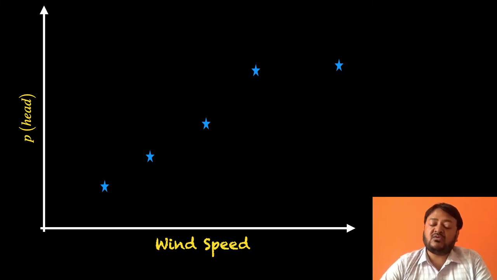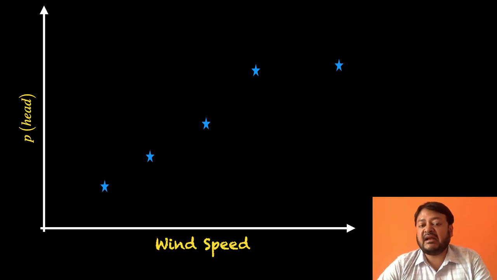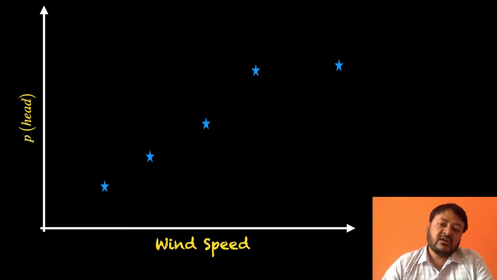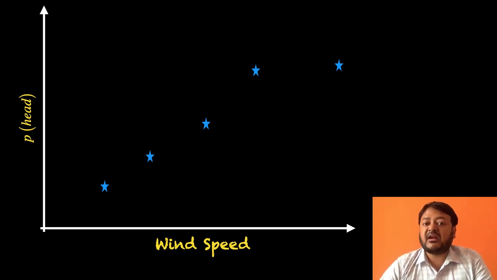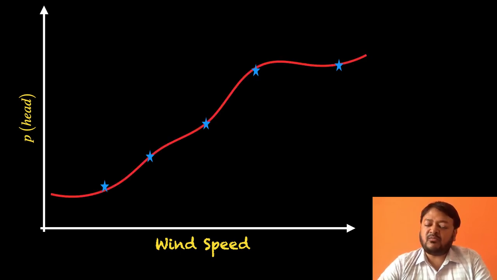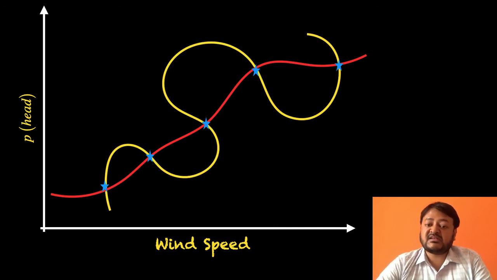Now you want to find out the probability of getting a head for a slightly different wind speed for which you did not do the experiment. In that case, you can try to fit a curve to these 5 points, and using that you can find out the probability of head for a different wind speed. The problem with this process is that there are different ways of fitting a curve. Especially for a finite number of points, you can fit an infinite number of curves to those given points. So now we need to ask which of them is the correct prediction.